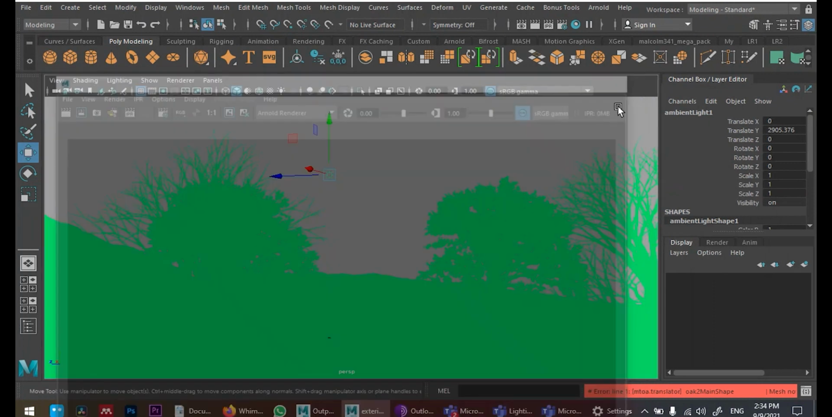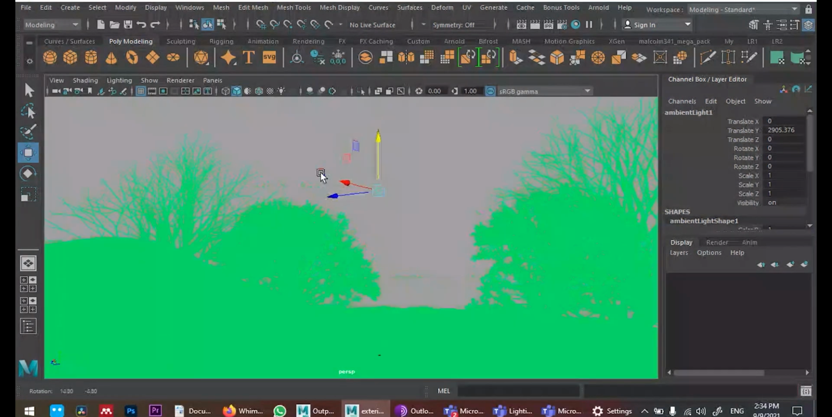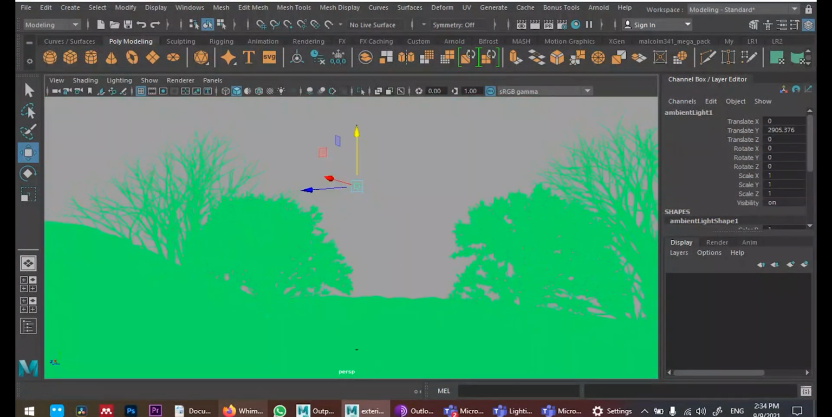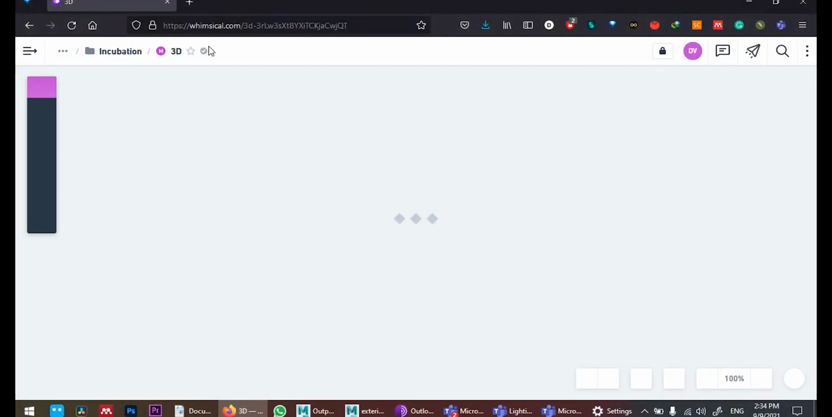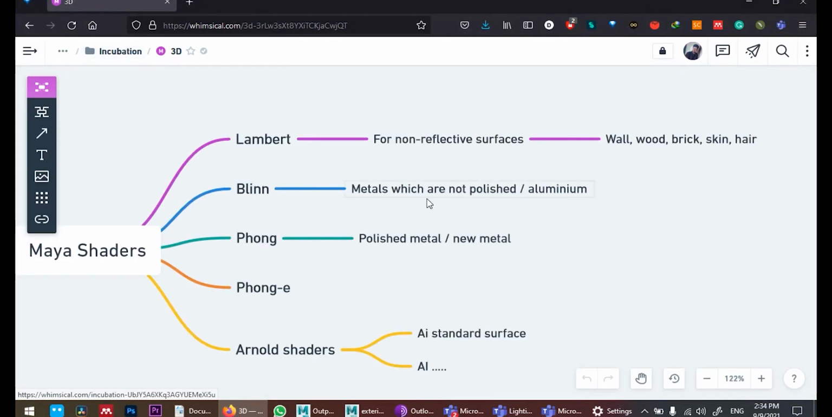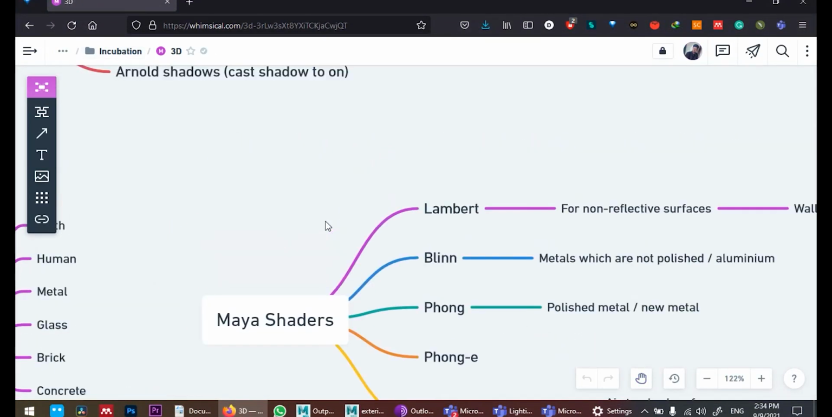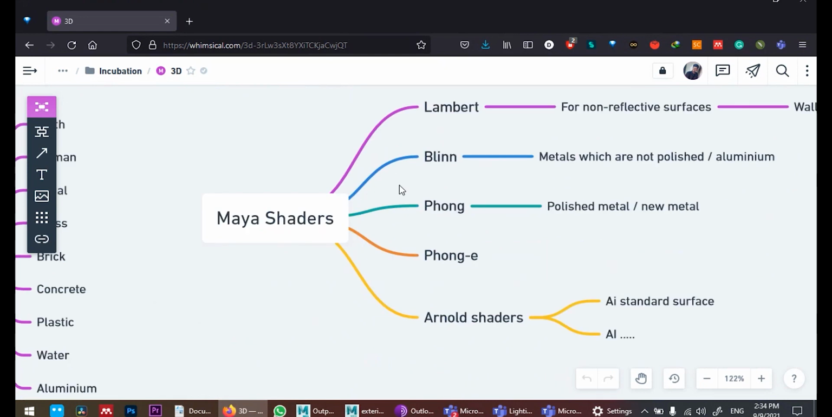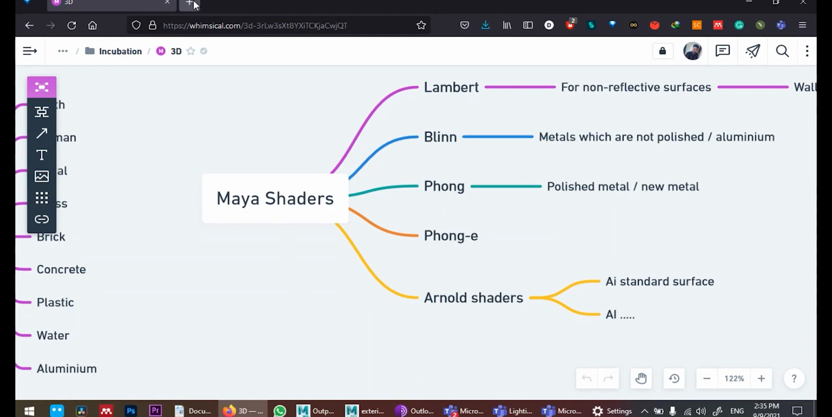So what is materials, sir? How do you use it? What are the materials? What do you call a shader? That's what the class is about. Now look at this. These are all the default shaders. We call these shaders. Why? What is shaders about? So let's talk about